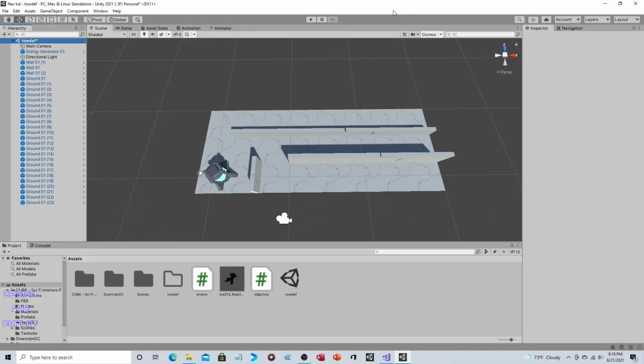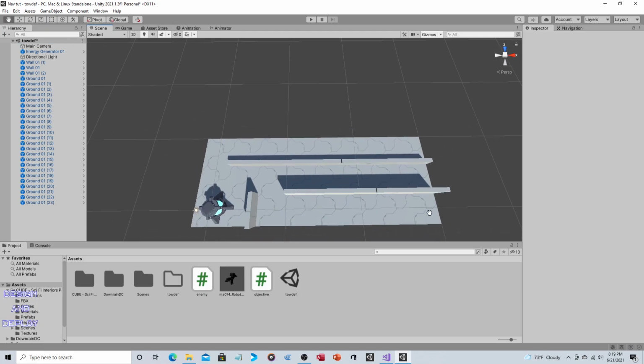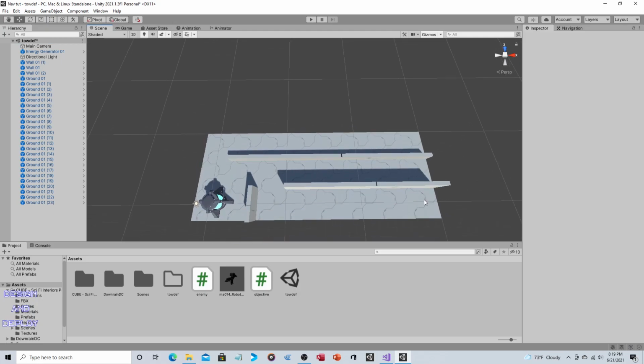Hey everyone, so in this video we're going to take a quick look at some easy enemy AI, some enemy pathing. So we're going to use a nav mesh to do this, and we're going to use a tower defense scenario. So as you can see, we have 3 separate lanes here. We'll put an enemy in each lane, and each one will travel through the lane, and then they will converge